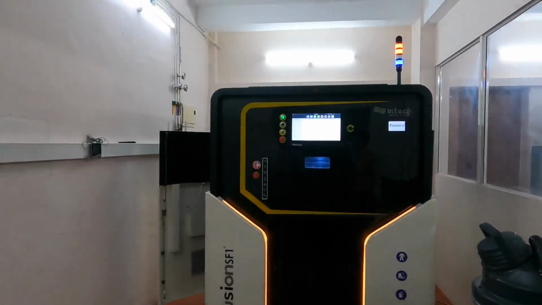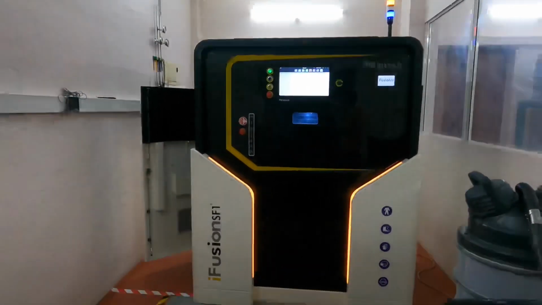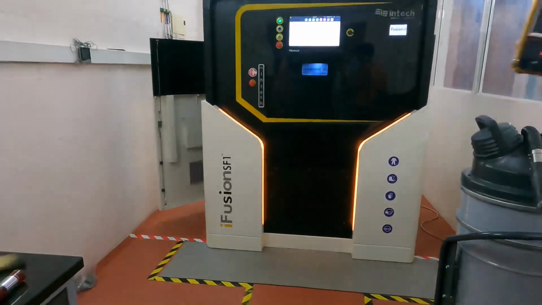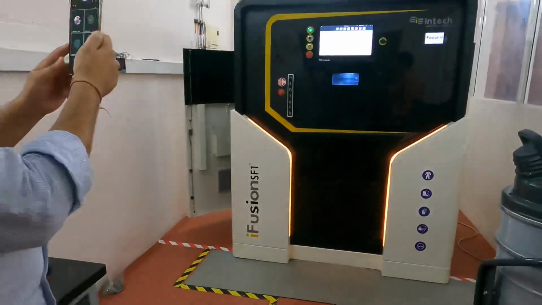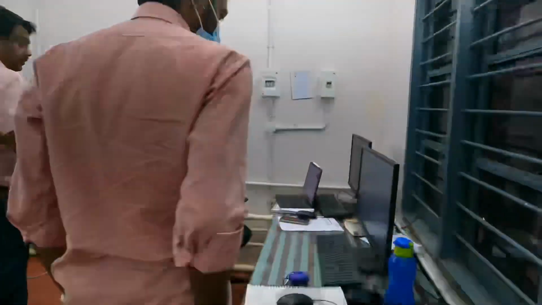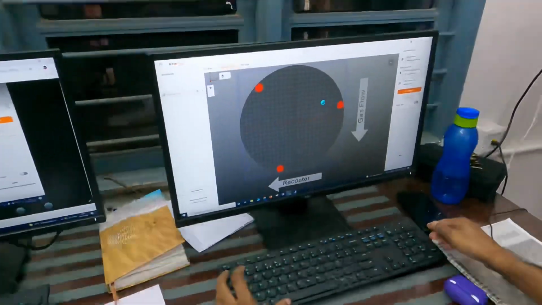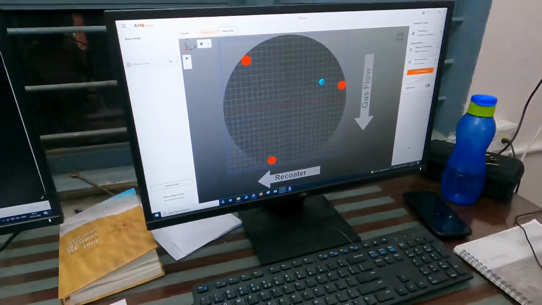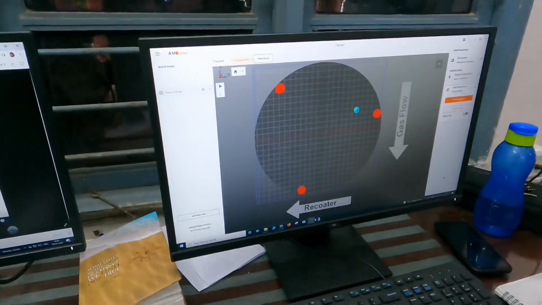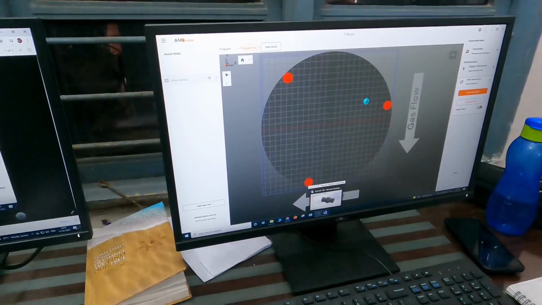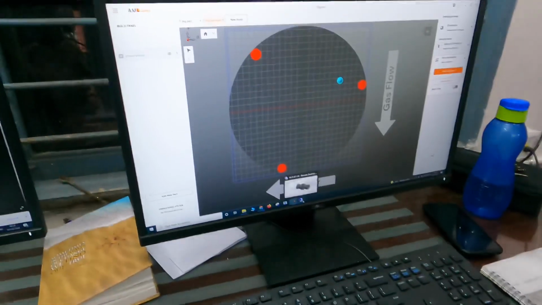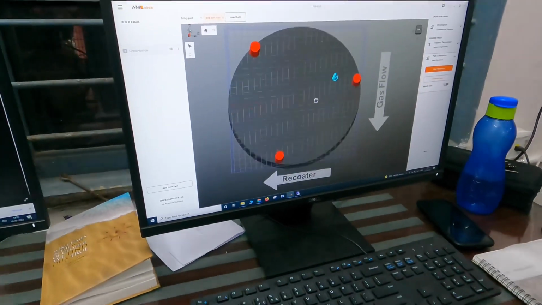Go to the AM builder. Start with the CAD drawing first. This is the proprietary software.